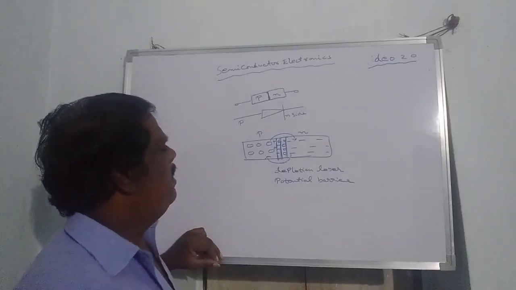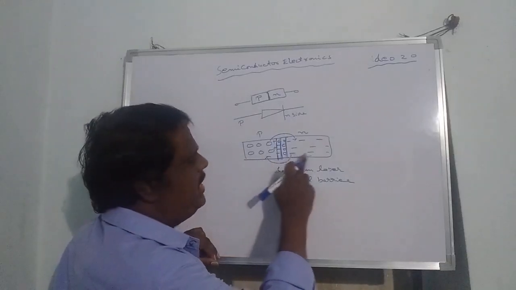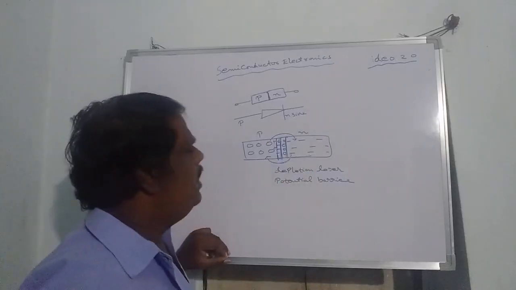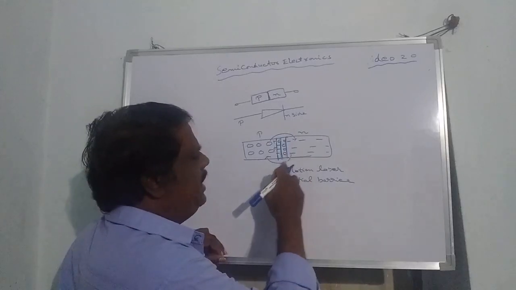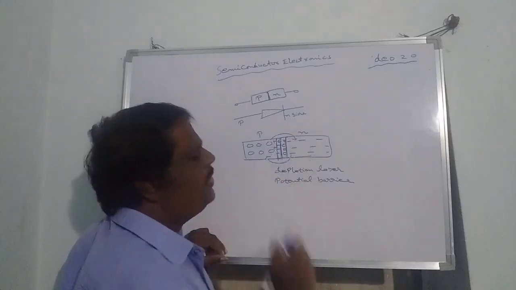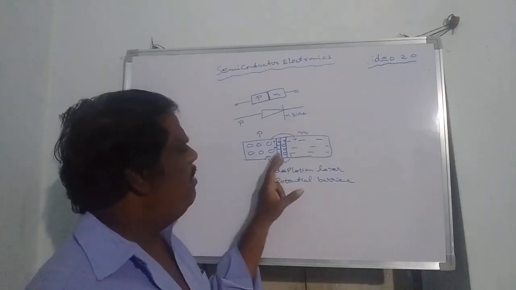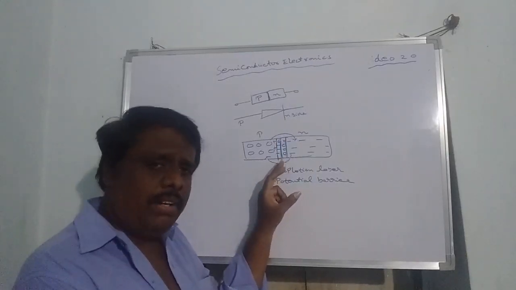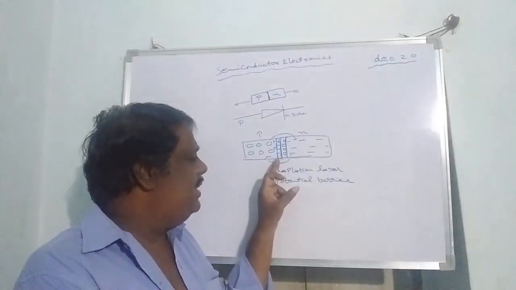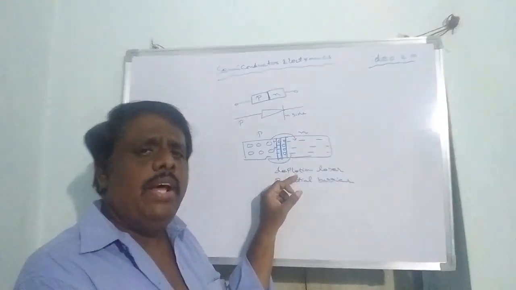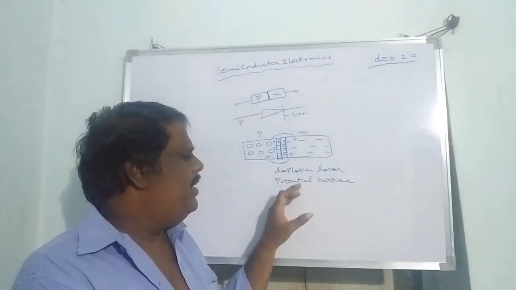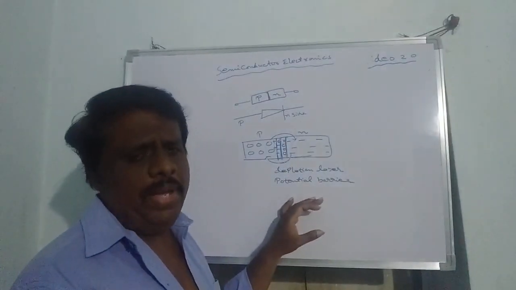So once again, a p-type semiconductor is sandwiched with an n-type, that means a junction. At this junction, the electrons from the N side diffuse into the P side, and holes in P diffuse to N. So a thin layer will be formed due to the diffusion of holes and electrons recombining here. It is free from mobile charge carriers. This layer is called the depletion layer. The potential developed across this layer is called the potential barrier or barrier potential.